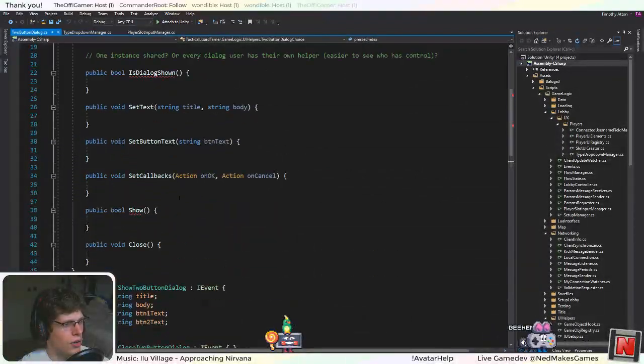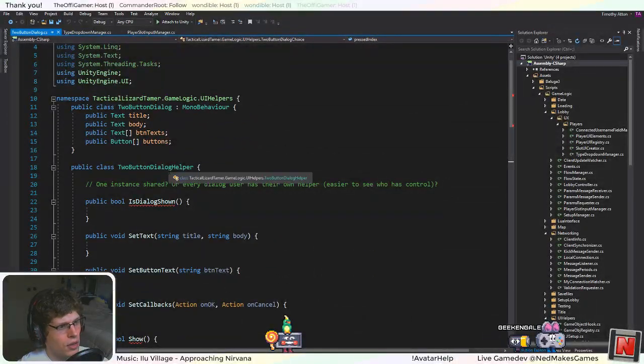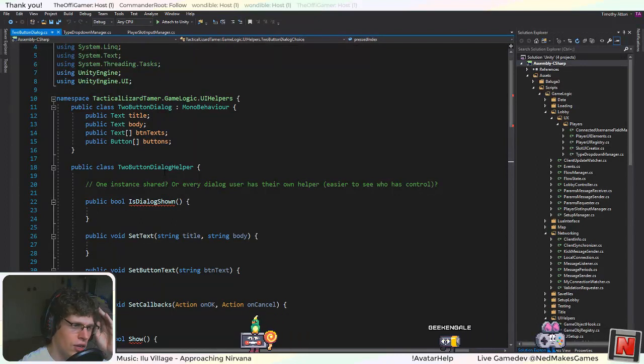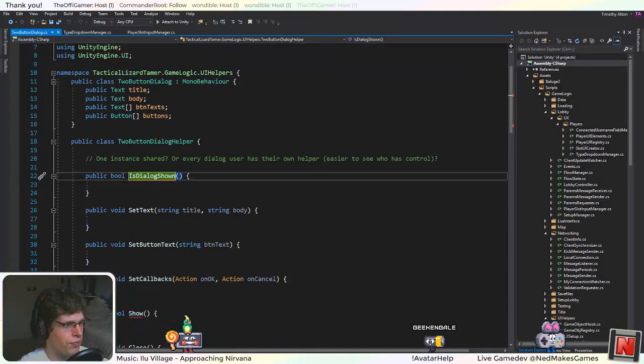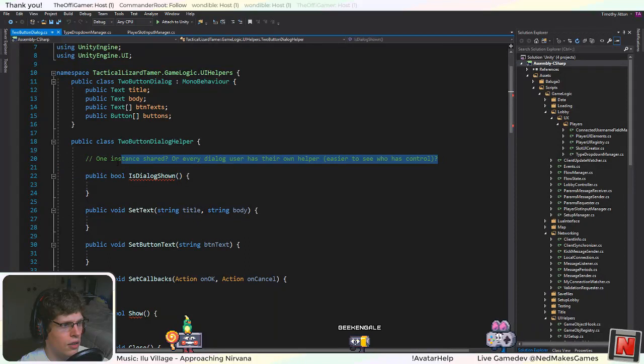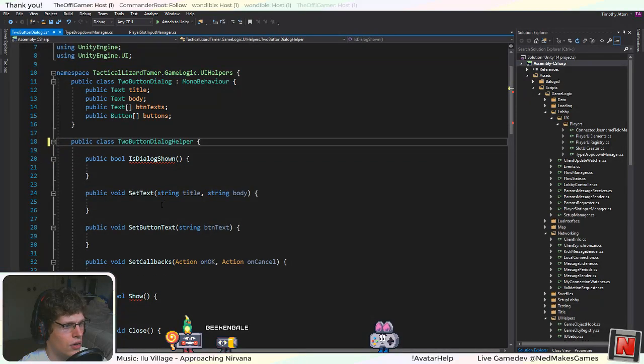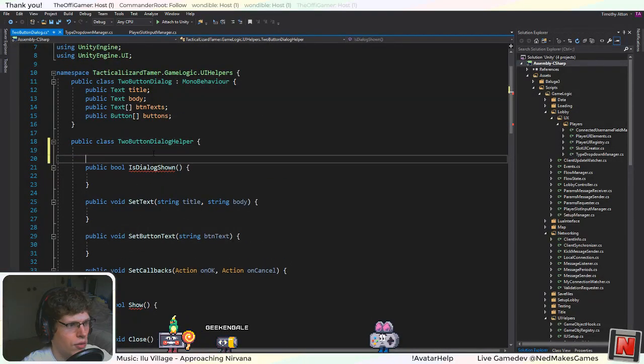So I think what I want to do is have this helper, and you'll be able to just insert stuff in here, and then the helper class will take care of calling the right callback, things like that. So let's see. I'm pretty sure every user has their own helper. Well, let's just get started. So we'll need,